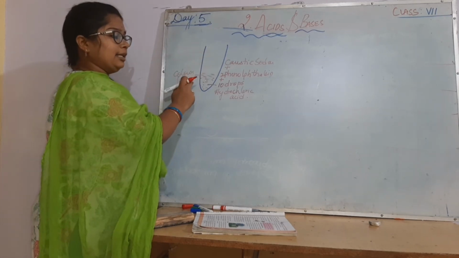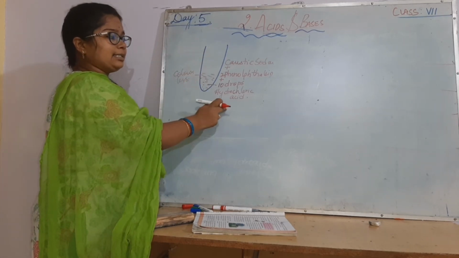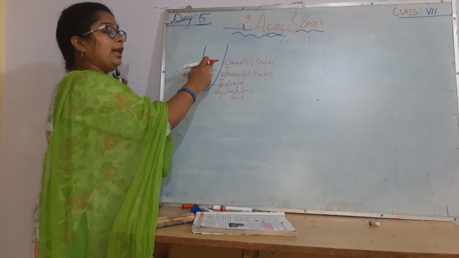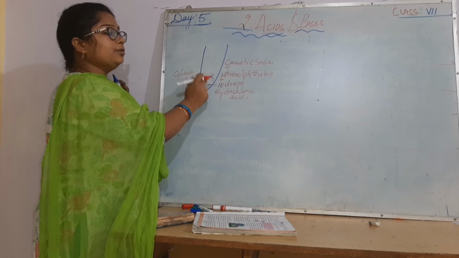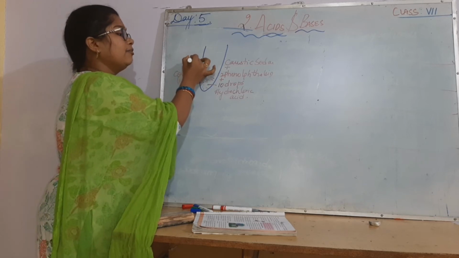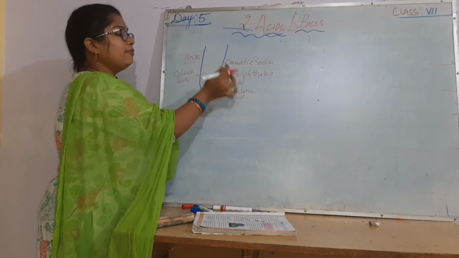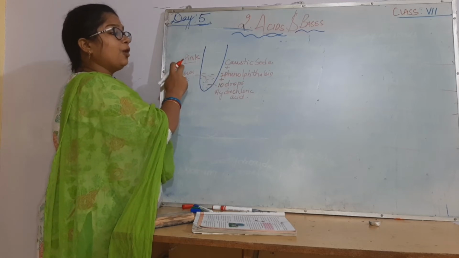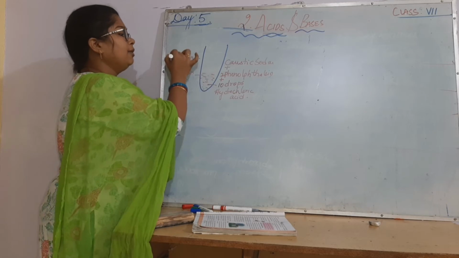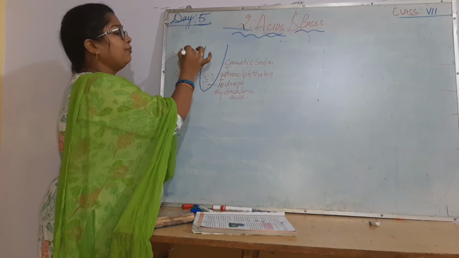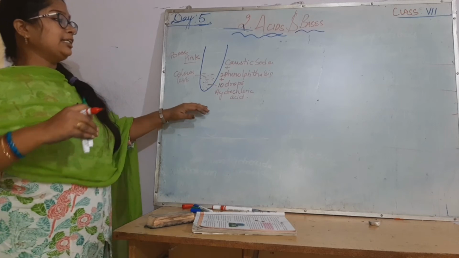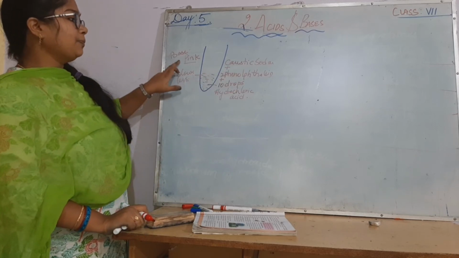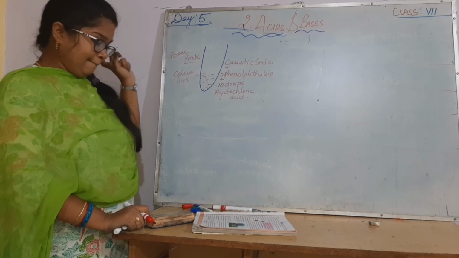This is colorless, which indicates it is an acid. You have added caustic soda, and after adding each and every drop, you are shaking it and making sure that it turns pink. When phenolphthalein solution is there and it turns pink, it means the solution became a base. First it was acid. With the same concentration, you have added caustic soda, which is a base, and it turned pink, so it became base.